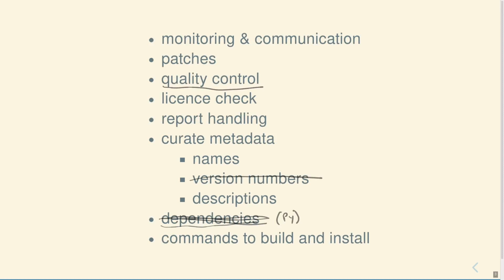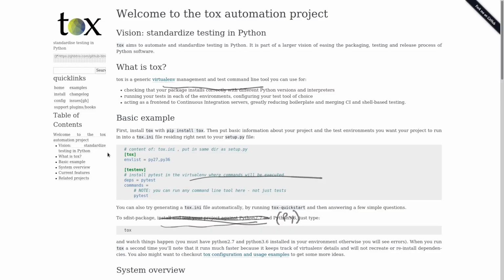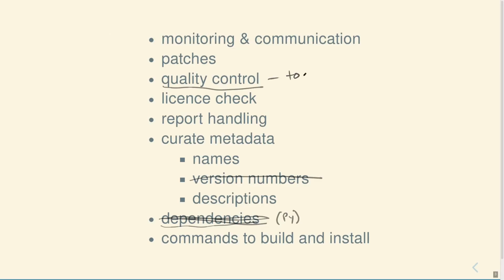Quality control. Running tests is not officially standardized, but the popular Tox project aims to automate and standardize testing in Python, and allowing Fedora's use cases fits their mission. So we can automate testing for most projects. Now, license checking can't be automated, although there are some efforts in this area. Descriptions currently need to follow Fedora's unique style, and names are, well, a can of worms I'll open later.